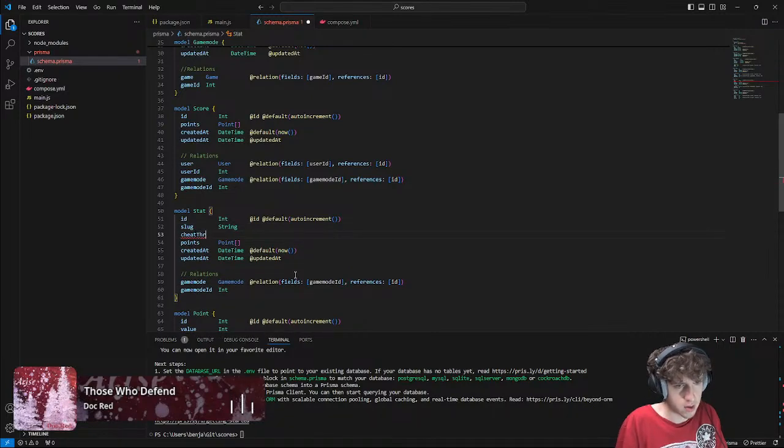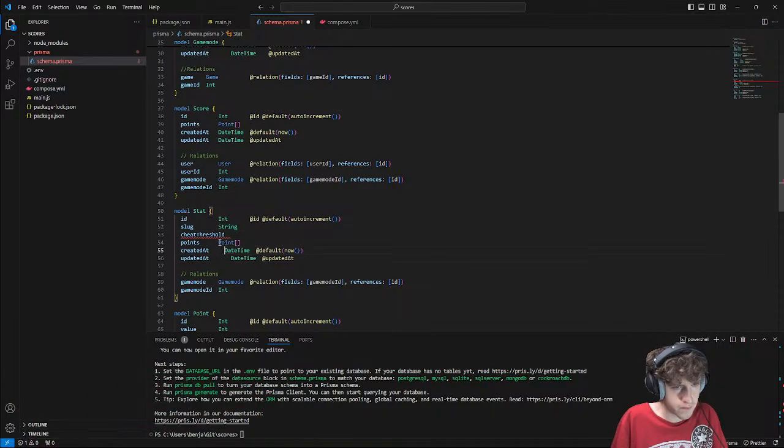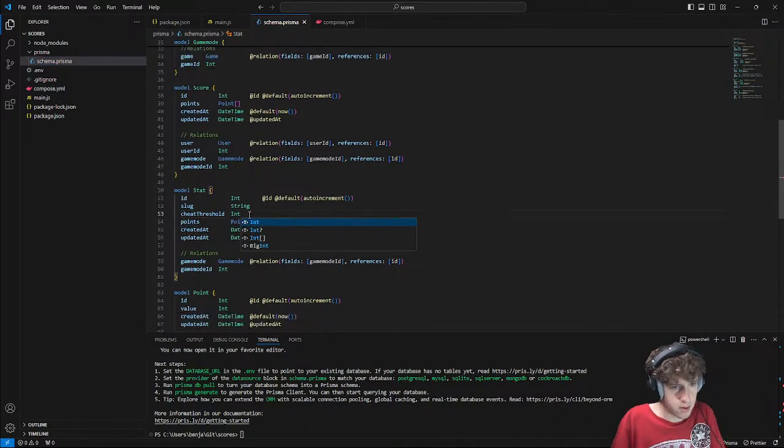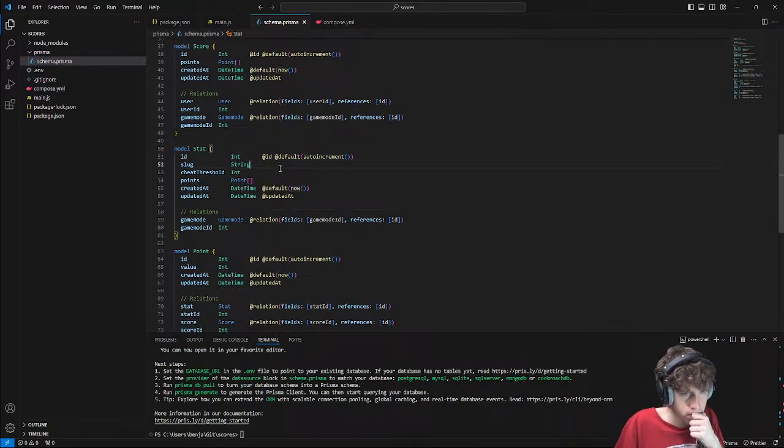So cheat threshold, and this would be an int. And I also need whether it's an incrementing or a decrementing stat.